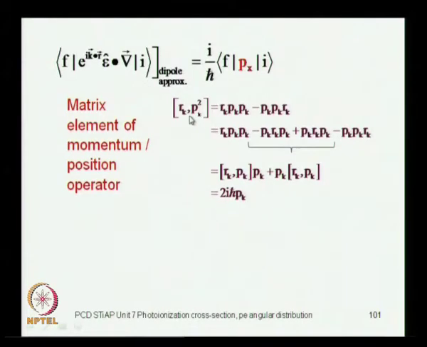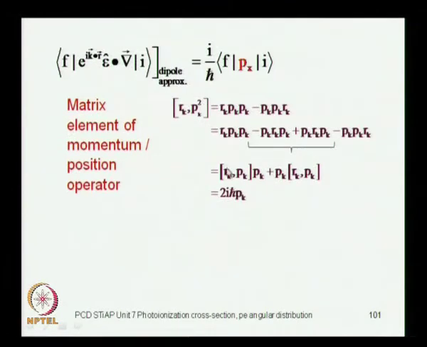So you can convert from one to the other, and this is the commutation between r and p square. The reason I am considering the commutation between r and p square is because in the Hamiltonian you have got the potential energy operator which depends on r, and you have got the kinetic energy operator which depends on p square, right. So if you consider the commutation between r and p square, you find using basic commutation relation that